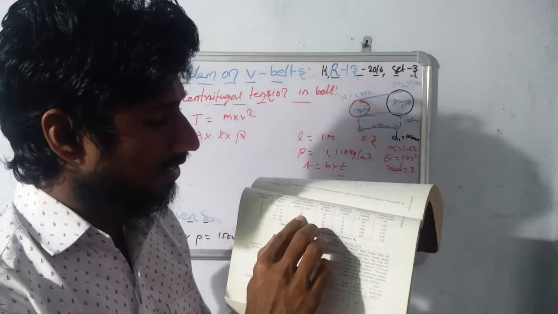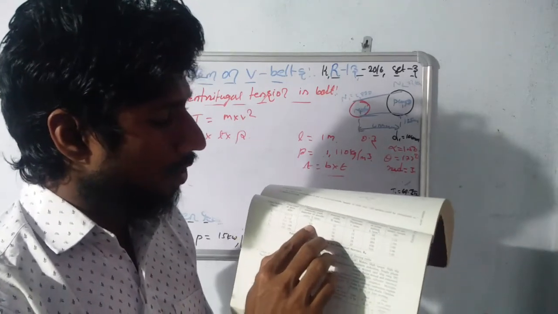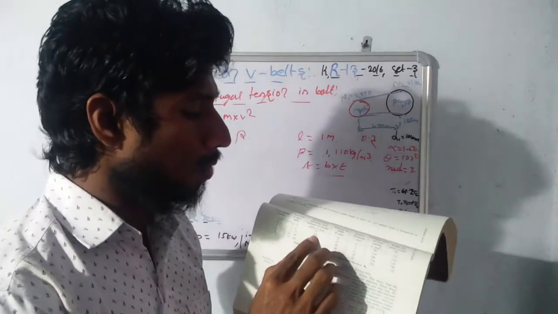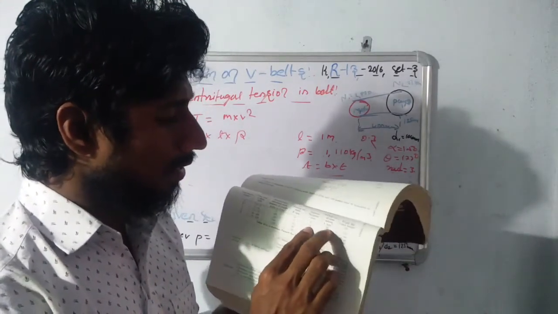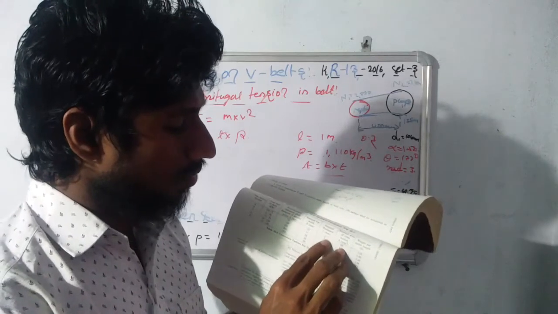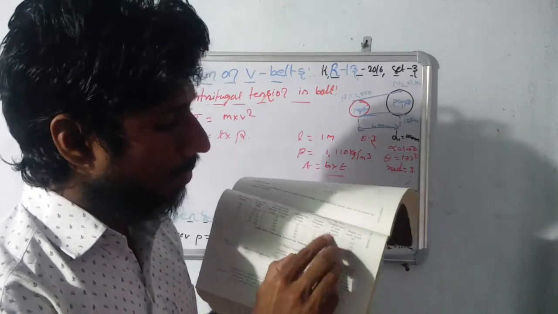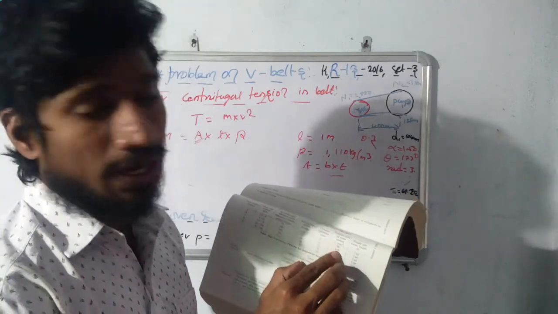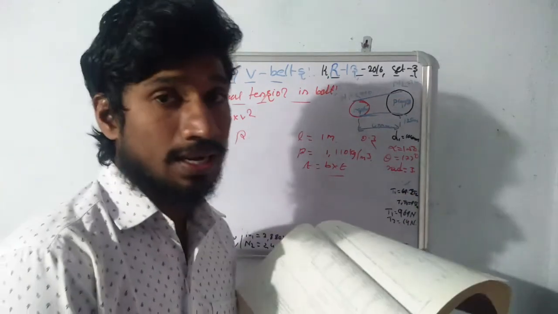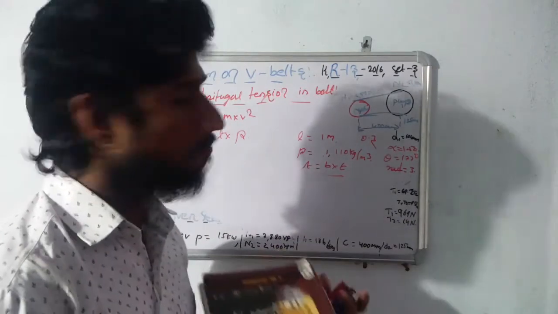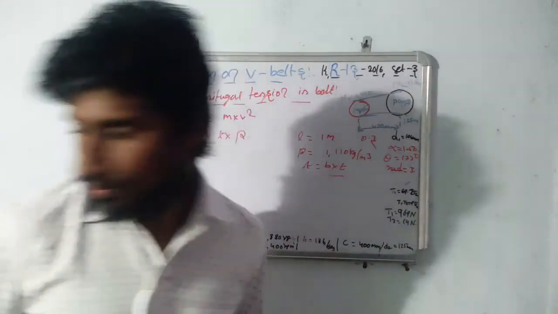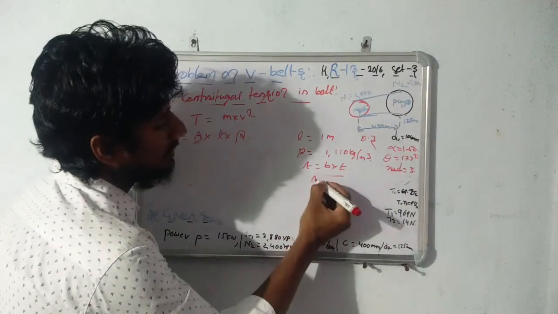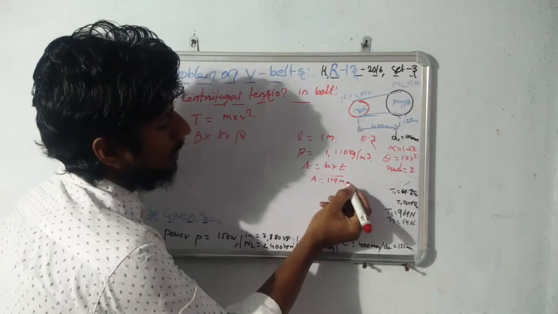In this condition, let's see what is the pitch diameter of the pulley. That is 125 mm. It is also provided in our problem. In that particular region, consider what is the thickness of the belt, that is 11 mm, as well as the area of the belt, that is 119 mm square. So let us consider these values for the further design of the belt drive. So here the area is 119 mm square.